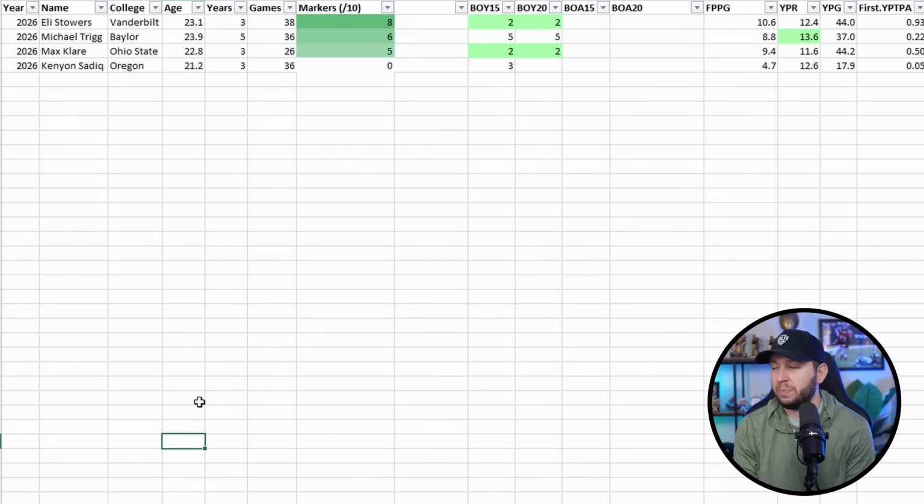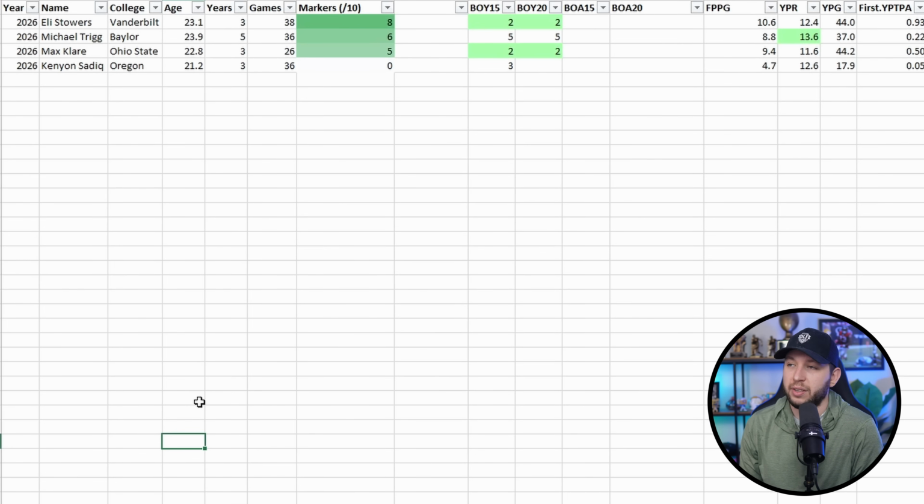Now I'm sure he probably will get hype throughout the draft season. I'm not saying that he's like the Oronde Gadsden diamond in the rough of the 2026 class right now. I mean, he could be, but I don't think he's going to be that. I think he'll be pretty highly regarded in this tight end class. And honestly, I think he's the guy that I'm most interested in as of right now, hitting on 8 out of 10 markers. I've got to dive deeper into all these guys, and of course, there's going to be more tight ends to add to this whole entire draft class. But as we stand right now, Stowers, I think, is the most interesting name for me in this class,